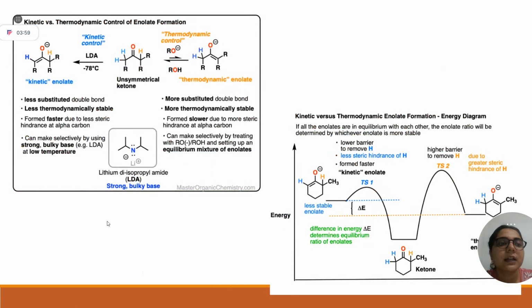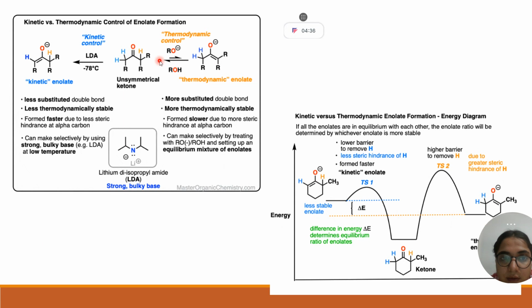But before that, let's have a recap of what your kinetic as well as thermodynamic product is. Okay. So students, let's say this is your unsymmetrical ketone. By looking at it, the first condition is LDA at minus 78 degrees Celsius. So you can see that here there are two alkyl groups, here only one alkyl group. So these protons are least hindered. So at low temperature, the kinetic enolate is formed. At high temperature, this thermodynamic enolate is formed.